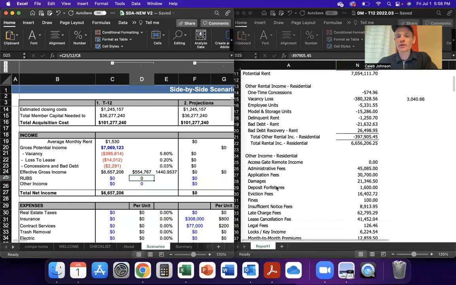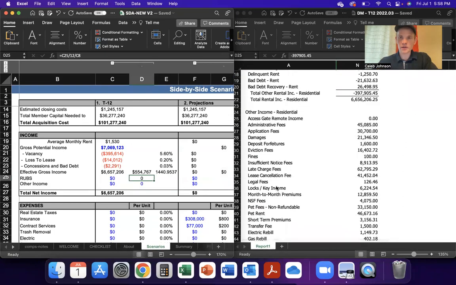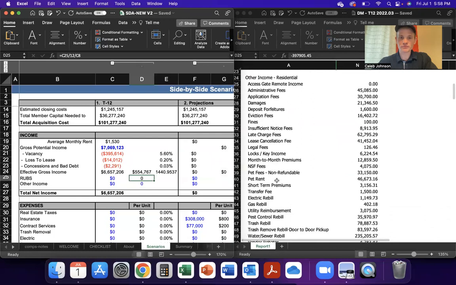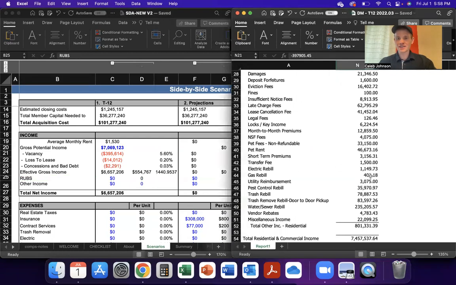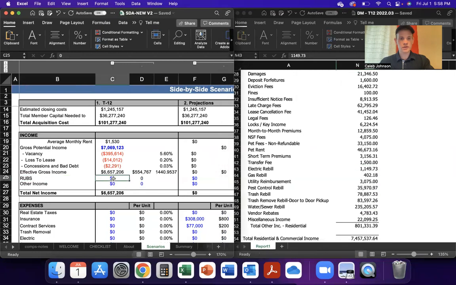And then other income is usually after those numbers. And I'm just looking for, in our SDA it's called RUBS, Ratio Utility Billing System. I'm going to look for all the rebill in this T12, which looks like all those. So we're at 438,228. I'm going to add that in here,